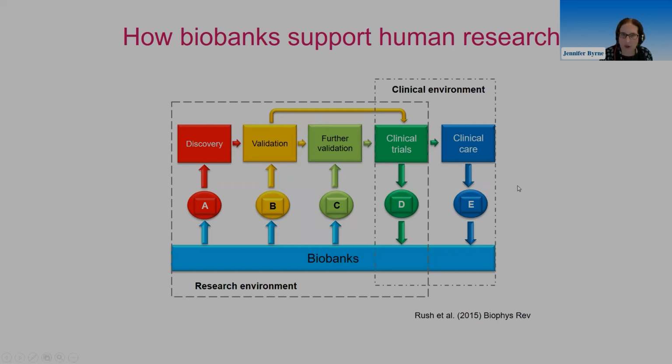So the next slide shows a diagram that we published about 7 years ago, just to summarize how biobanks support this kind of preclinical to translational and clinical research chain. So you can see that samples tend to enter biobanks through either clinical care or clinical trials, and then those samples go out to fuel discovery research, validation research through translational studies, and then essentially the wheel turns. But you can really see that biobanks and biospecimens support research at every point along this journey to translation of research to clinical care.